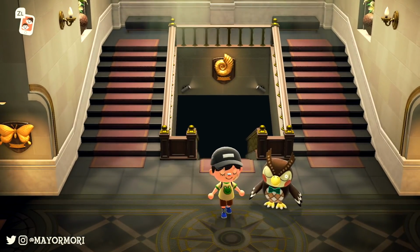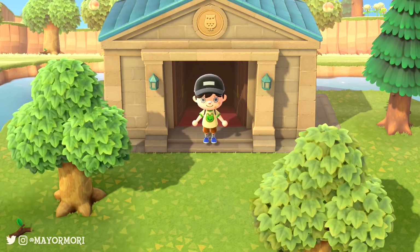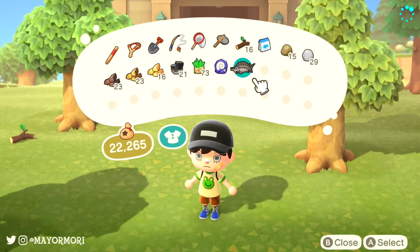That's really cool. I don't think we'll donate one. We've spent a lot of time in here. I'll do that later probably. So what I will do... Oh, there's a golden bell tree there. We'll just put this here for now,